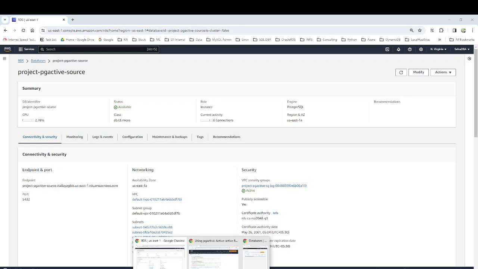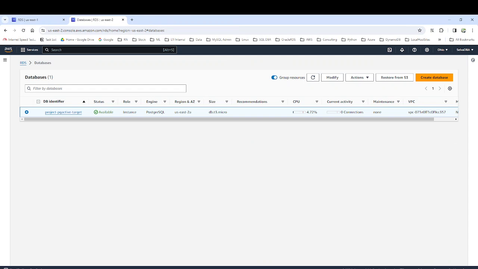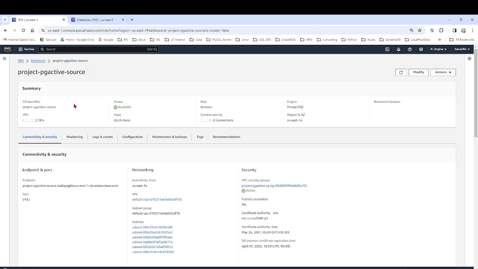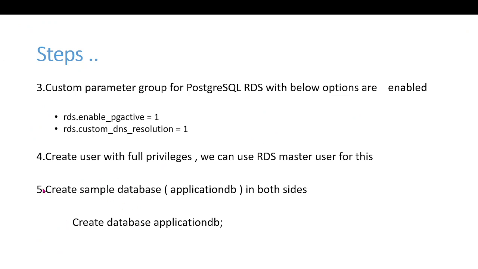Better let me make it small. Okay, so here we can use this master user itself. So that is not required. So let's go to create sample database in both sides. Okay, let me create the application DB database name. So, before doing that,